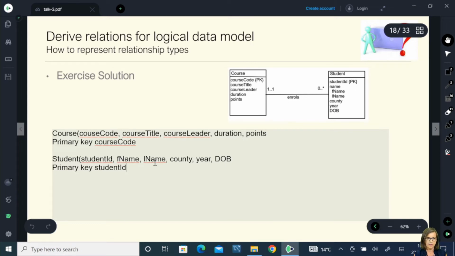But if we leave it at that, we'll have records about courses and we'll have records about students, but we won't know which courses a student is on, and we won't know if a course has many students or any students. So now we want to represent this relationship. It's a one-to-many, so course is on the one side, so that's the parent, student is on the many side, so that's the child. So we take a copy of course code and put it into student as a foreign